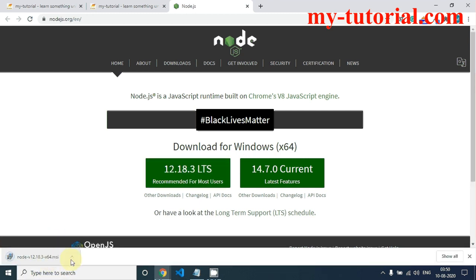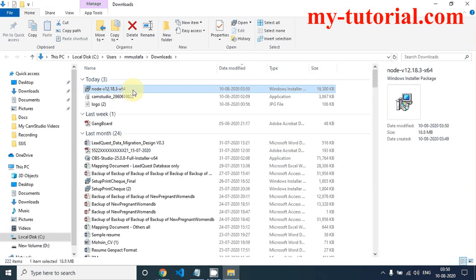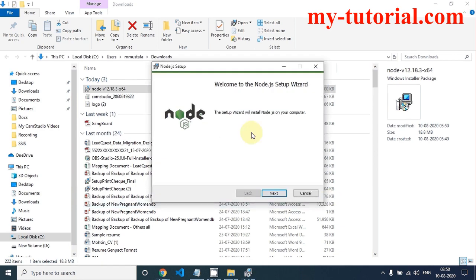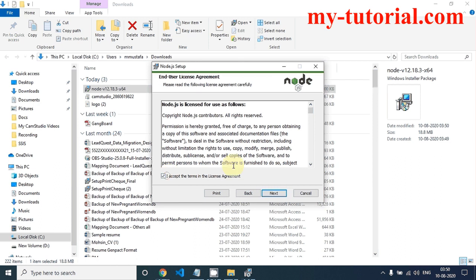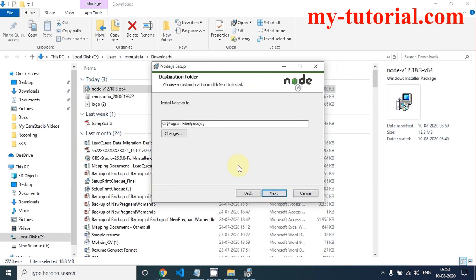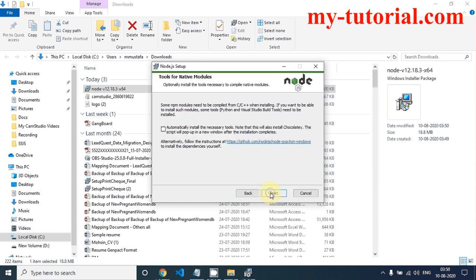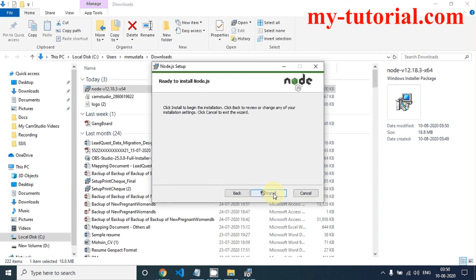Now this is downloaded. Let's open this in a folder. Here we have it, just double click on that and follow the instructions. Just click on next, accept this agreement, click on next, leave everything as it is, click on next, again next, leave this checkbox as it is, click on next, finally click on install.